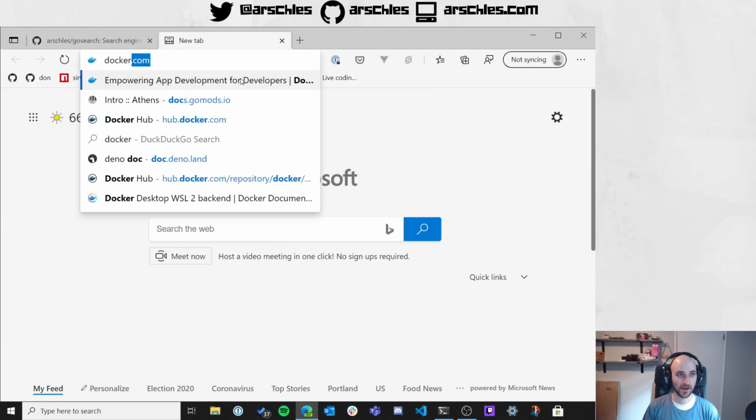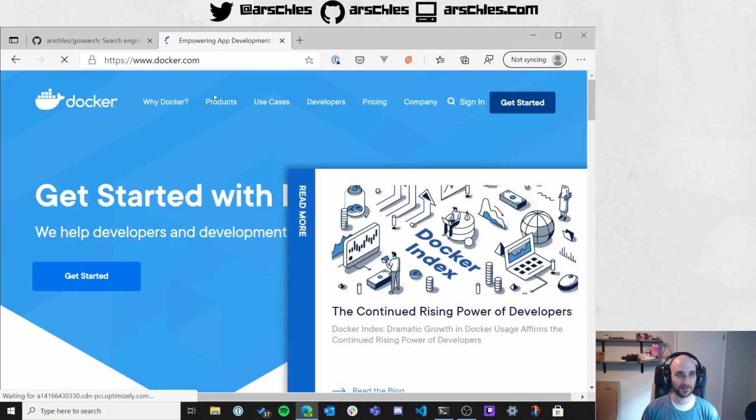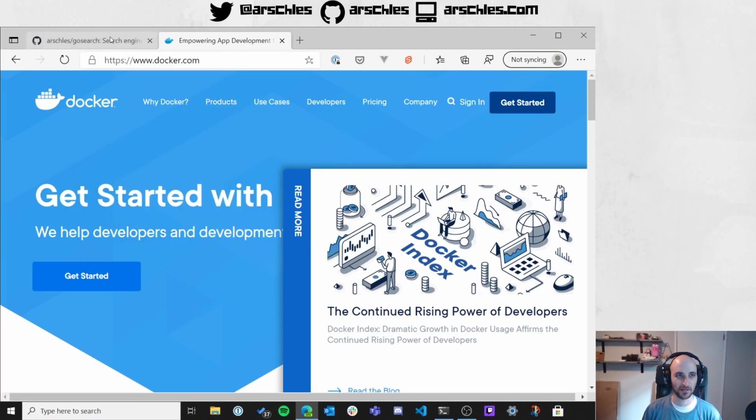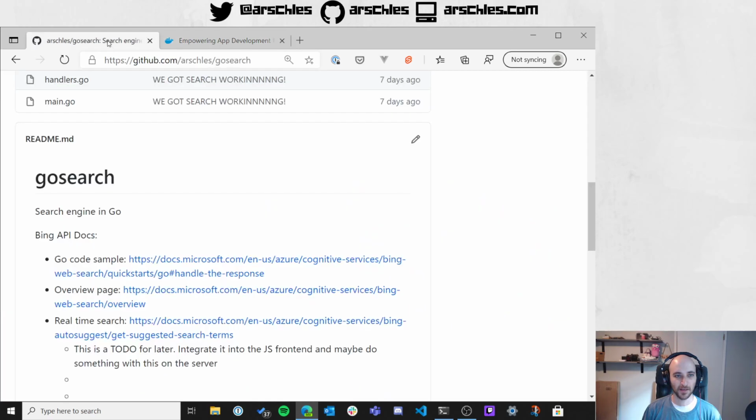Well, Docker is a lot of things. If you go and look at products, you can see they've got a bunch of stuff: Docker Desktop, Container Runtime, Developer Tools, Docker App. Docker is a company and an open source project and so on. But anyway, that was highly related to what we did last week,